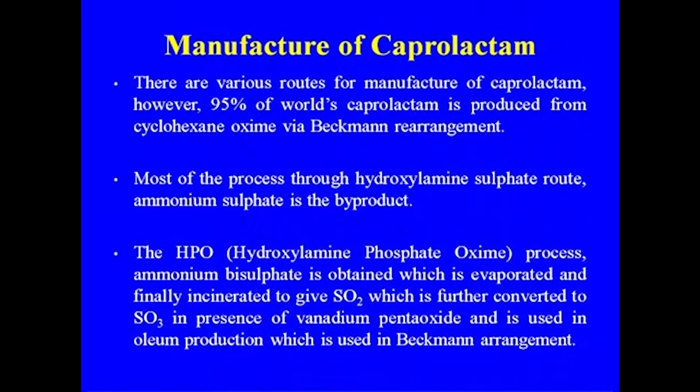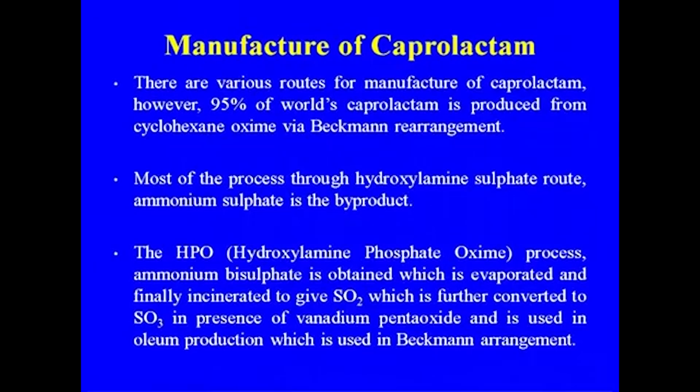There are various routes for manufacture of caprolactam. However, 90% of the world's caprolactam is produced from cyclohexanone oxime via Beckmann rearrangement. This is the major reaction that is taking place. Most of the processes go through the hydroxylamine sulfate route. Ammonium sulfate is a byproduct, as I told you, about 3 times at the various stages the ammonium sulfate we are getting in the process, so it is almost 3 times the amount of the caprolactam